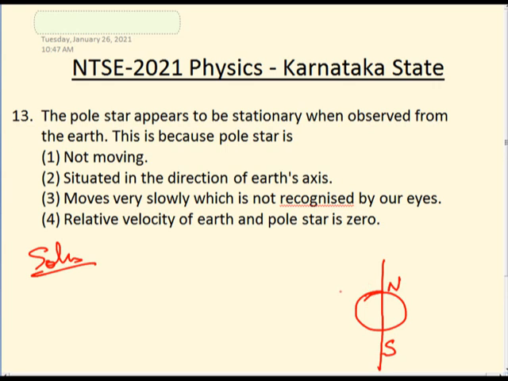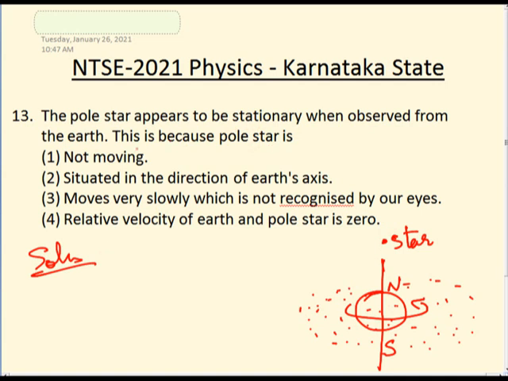If you see any astronomical objects over here, since earth is rotating like this, anything which is present here will appear to be rotating, because earth is moving, that is relative velocity. But if there is a star located at this point, since it is located along the axis of rotation, anyone on earth will see that this object or star is not moving, right? Just because it is on the axis of rotation. The same thing is happening in the case of the pole star as well.